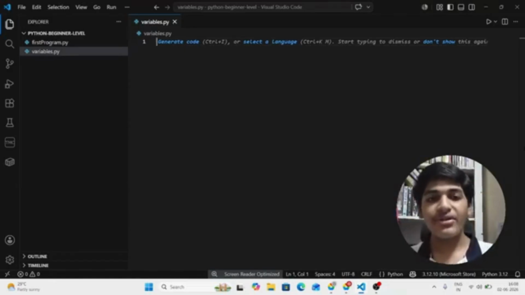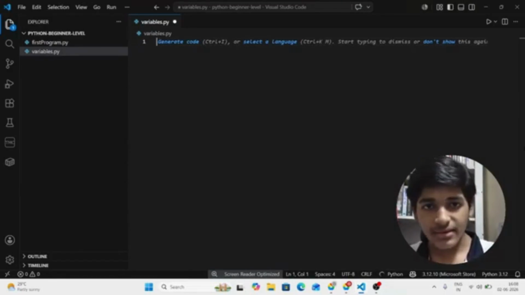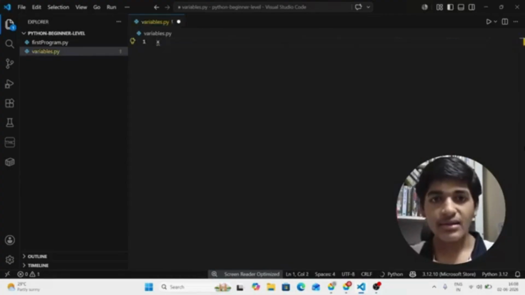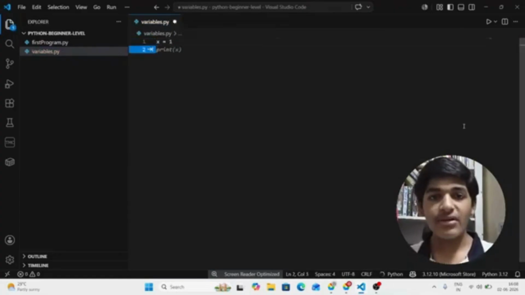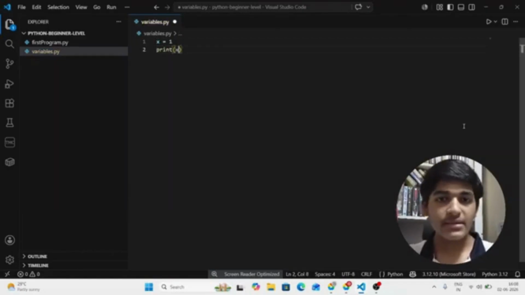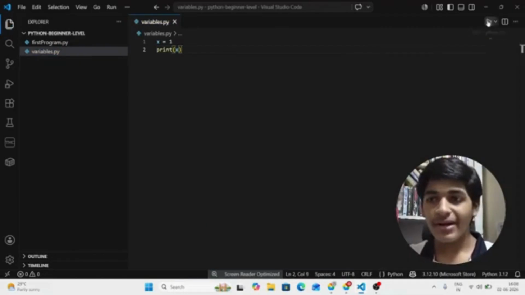For example, if I want to create a variable x, I'll write x, then an equal to sign, then the value. If I want to store the number 1, I'll write 1. And if I want to print the value inside x, I'll write print and then inside parentheses, I'll write x. And if I run the code,